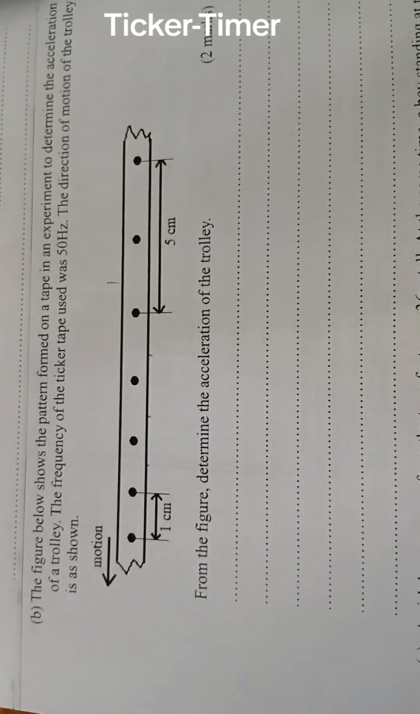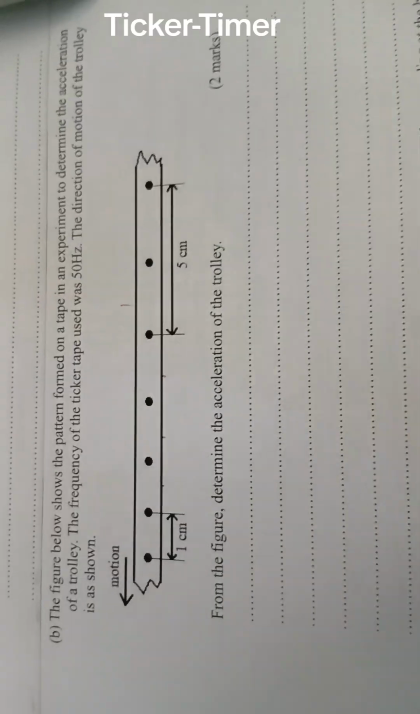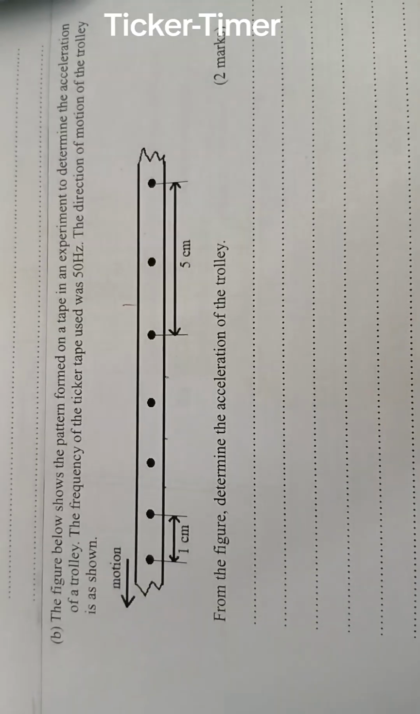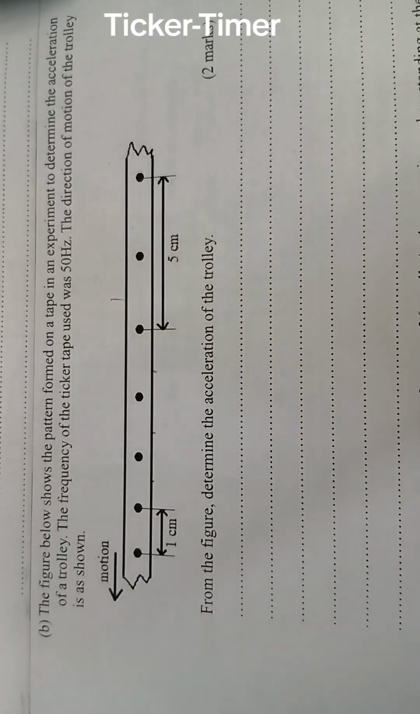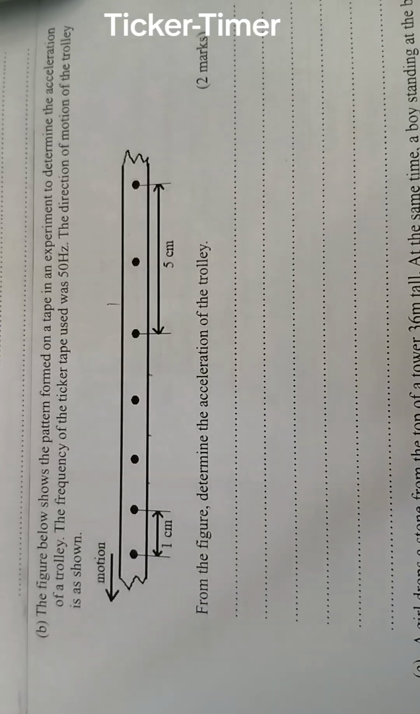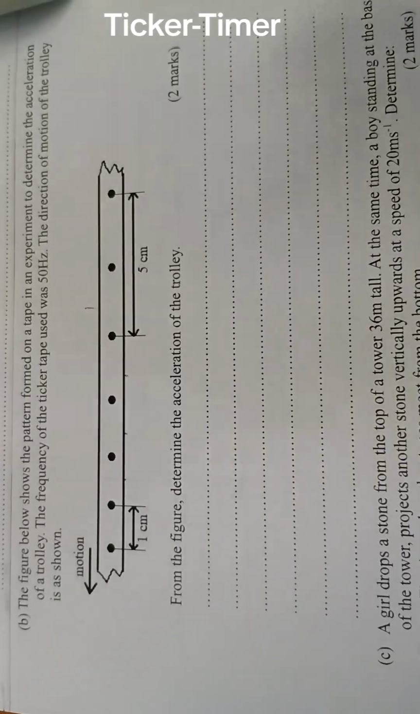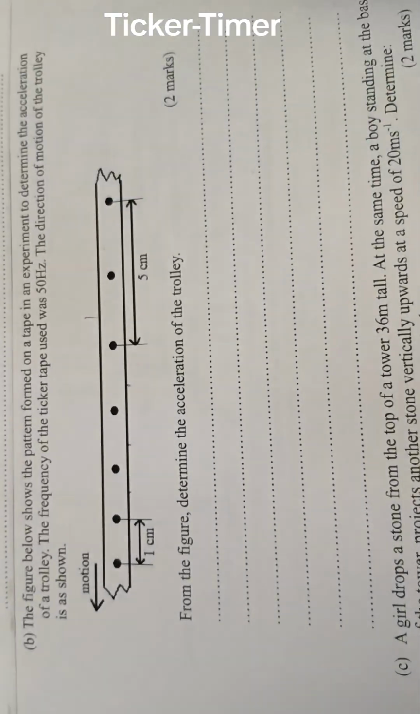Today we want to look at a question in physics. This is a Form 3 topic, the first topic of Book 3, Physics, which is linear motion, and it's all about ticker timer. So the question that we are provided with,